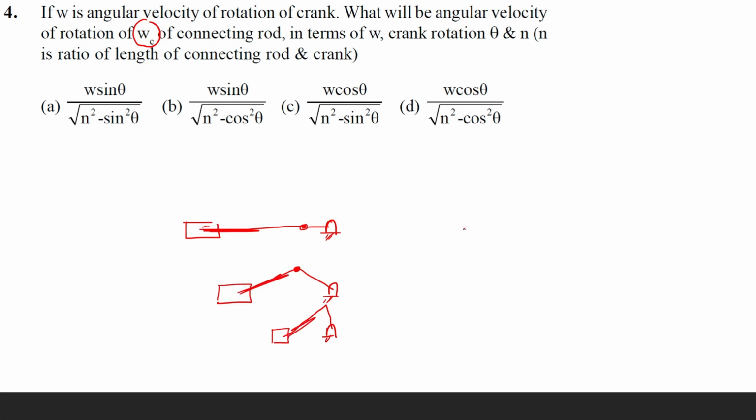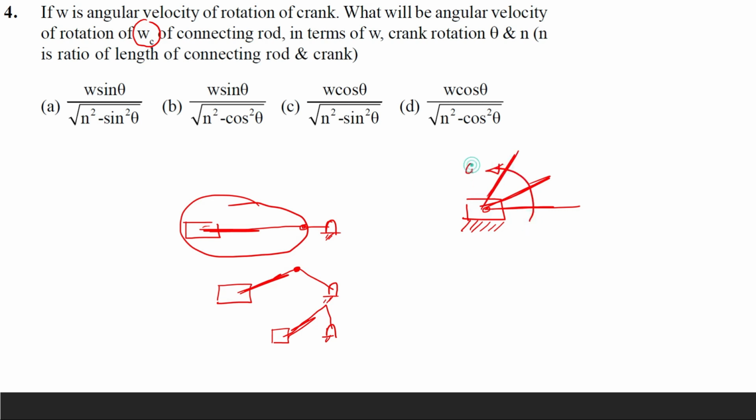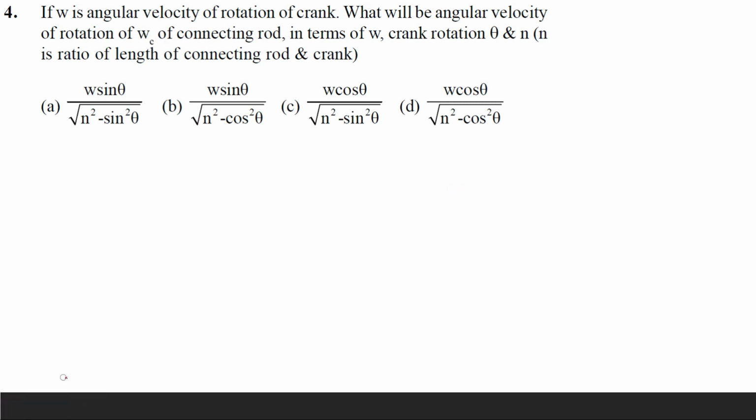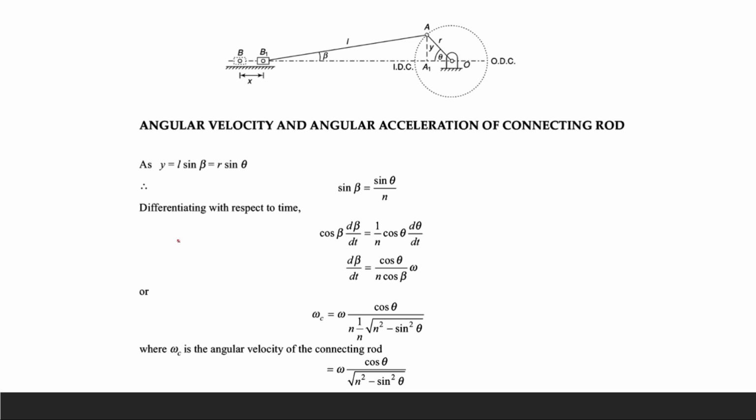So if I just basically consider this only, if I fix this piston and consider connecting rod, so initially connecting rod is here, now connecting rod is here, now connecting rod is here. So connecting rod is also rotating about this piston pin with angular velocity omega c, that you have to calculate. Okay, what is that angular velocity? Now this is the direct relation for calculation, or I can say we are going to see the derivation.